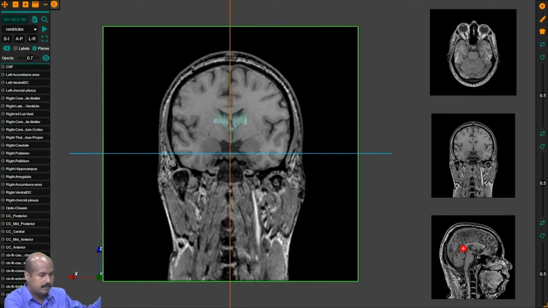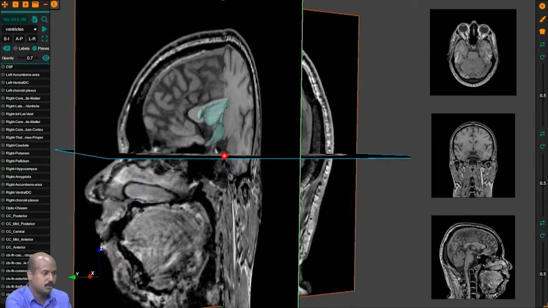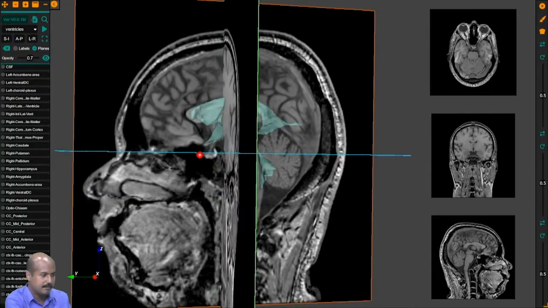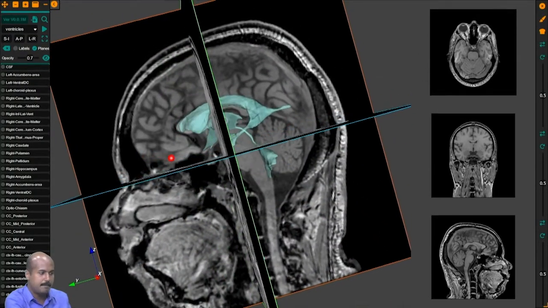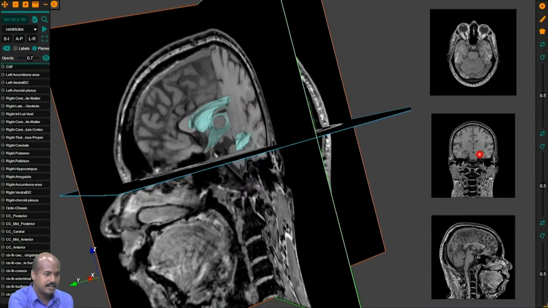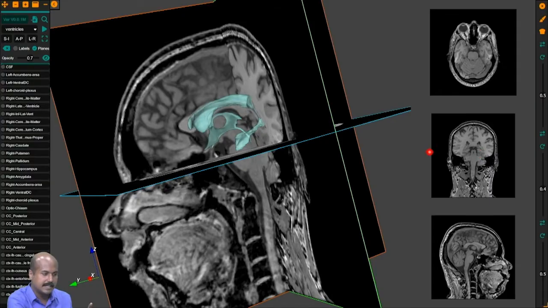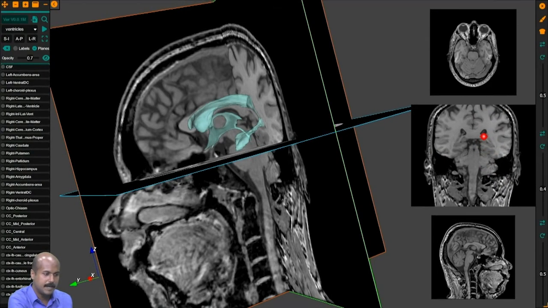The flexibility of this tool is that you can rotate this 3D viewport into any view that you want. For example, you are now seeing the ventricular system anatomy, and you can view it from any part that you want to understand the anatomy in much detail. And you can move these planes into any plane that you want to see how these structures appear